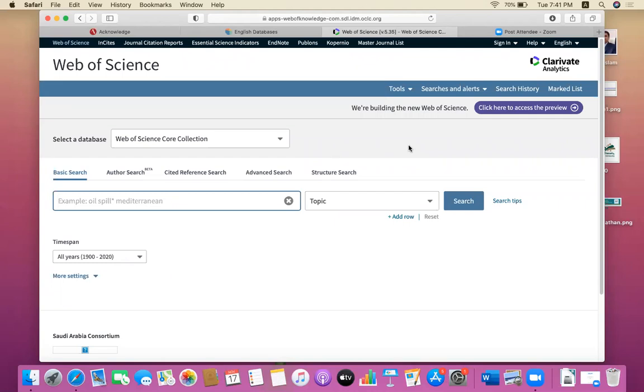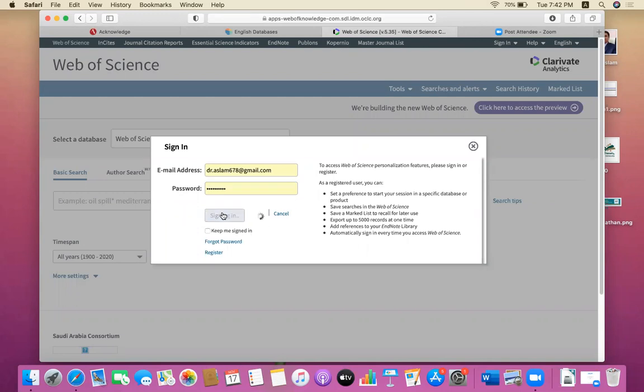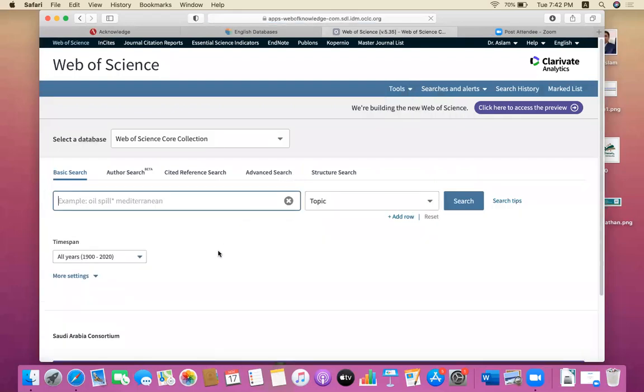To get extra benefits and more articles, you have to make a free account with a user id and password. In the upper right hand corner there is a sign in. When you click on sign in, you have to create your login id and password, and if you have already created them, just sign in. It will give you more access compared to being unregistered with the Web of Science or Clarivate Analytics. So here you are logged in now.